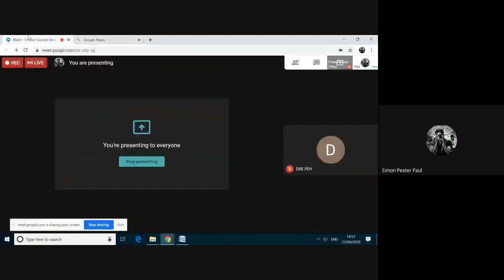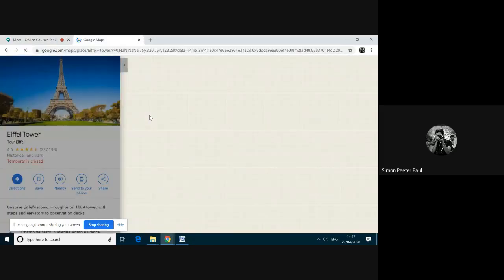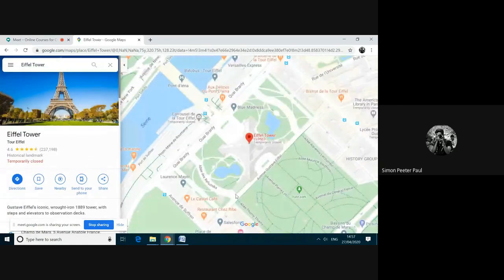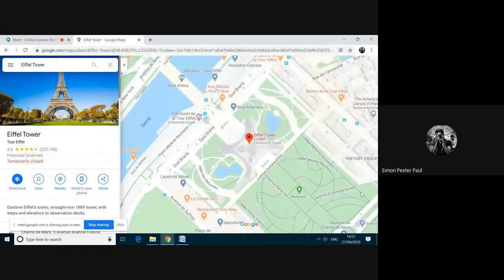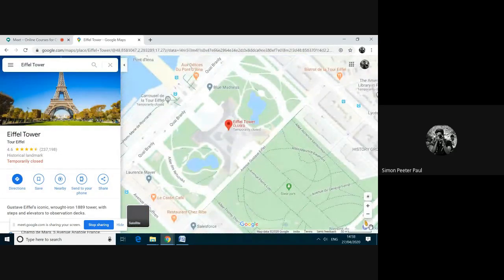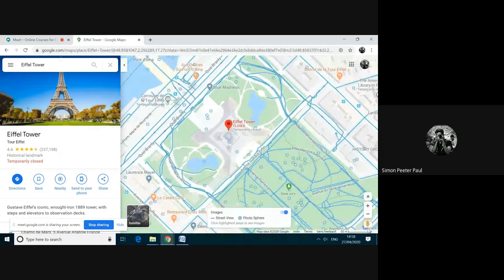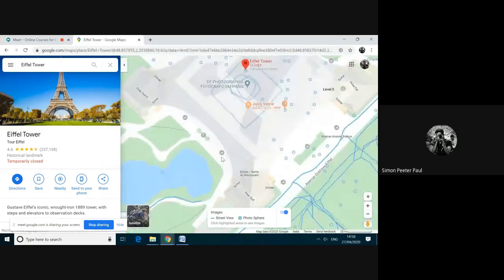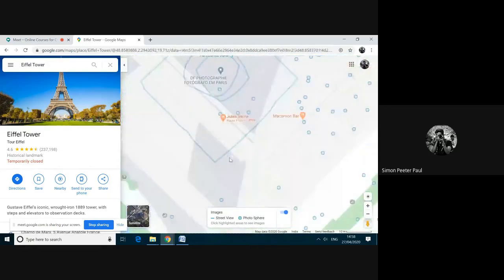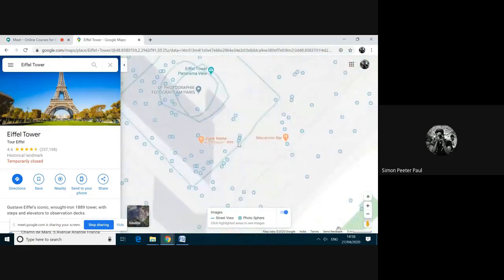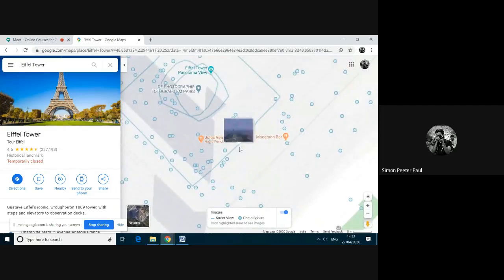It's getting loaded. Just type a message whether my screen is visible. Shall I proceed?